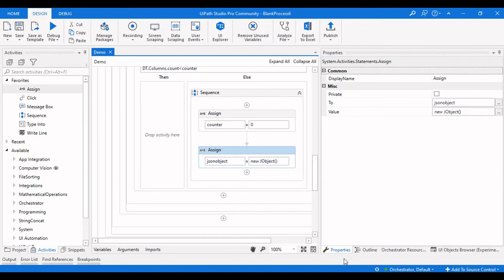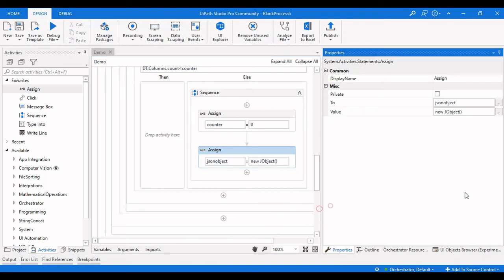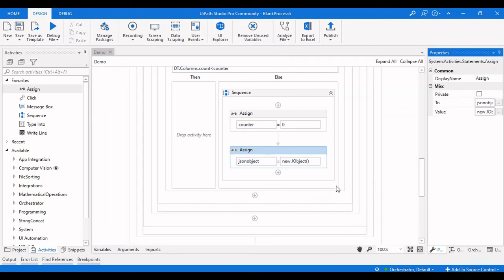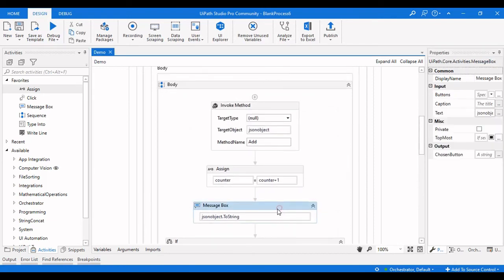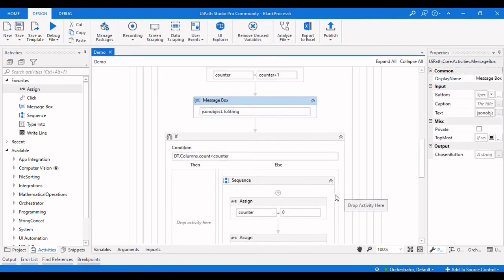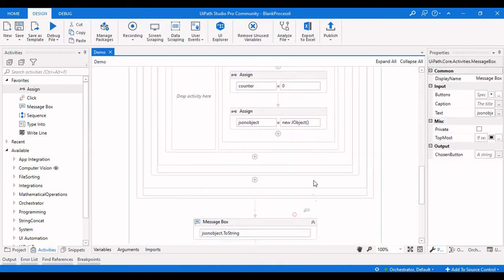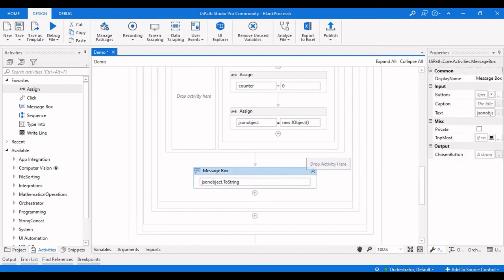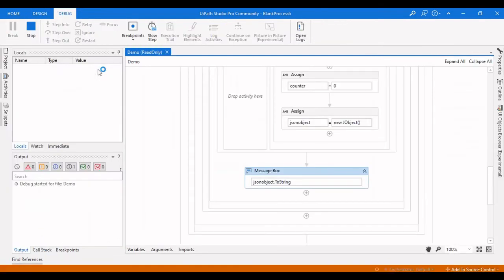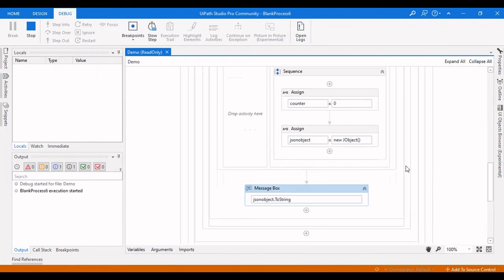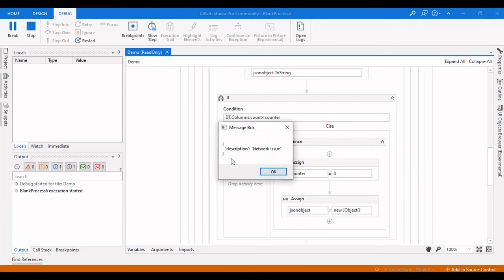What we are going to do here is, that is created, and instead of that let me drag this in and check what is the JSON object inside of that. So it is the first description, then the short description.